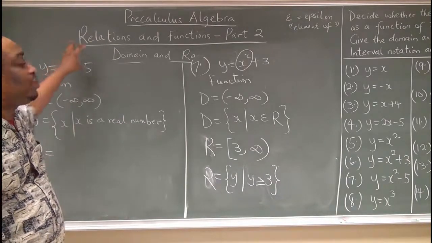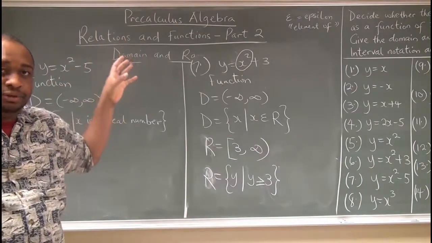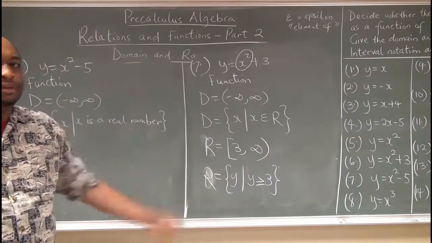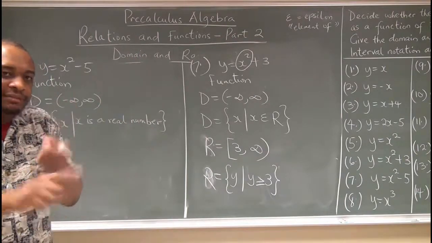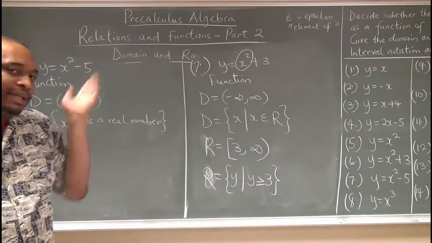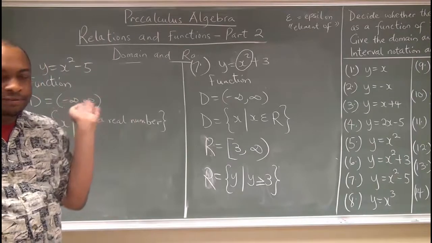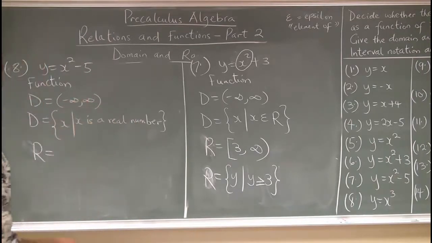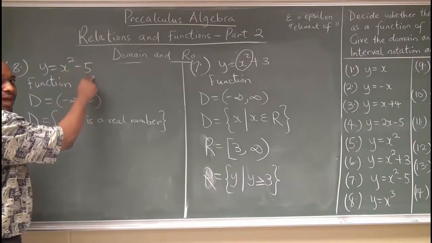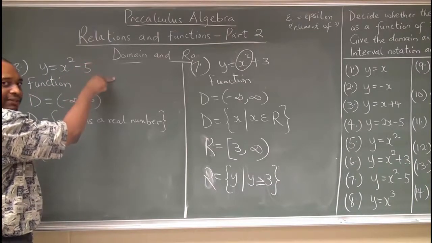So this x squared will start from, is a non-negative number because it will include 0. And then all positive numbers. Positive numbers do not include 0. 0 is not positive, it is not negative. It just separates the positive numbers from the negative numbers. To the right of 0 are the positive numbers, to the left of 0 are the negative numbers. So the range here, the minimum 0, 0 minus 5 is minus 5. So this will include minus 5